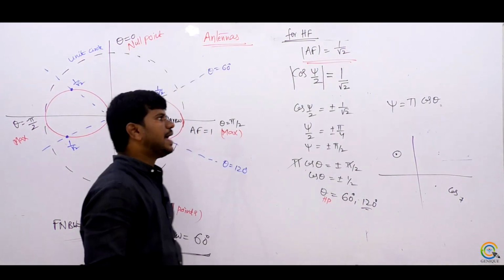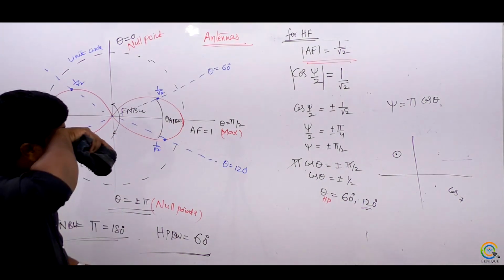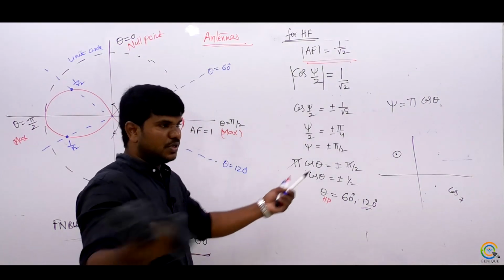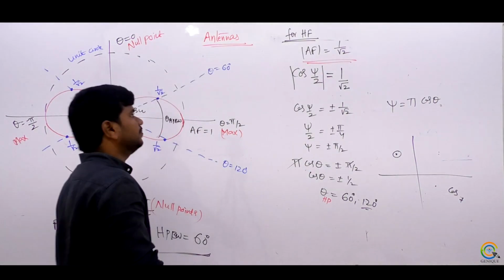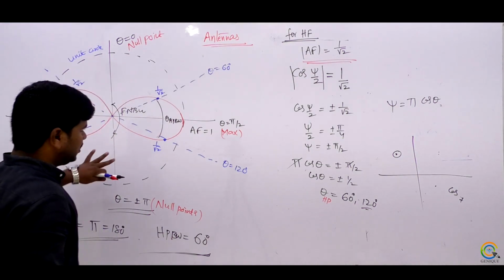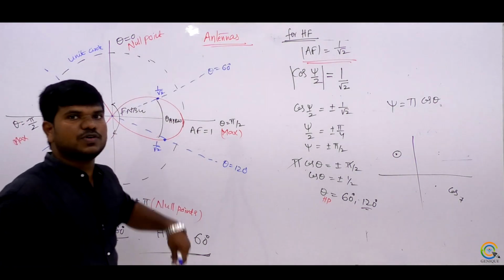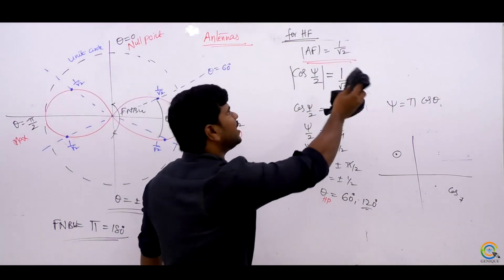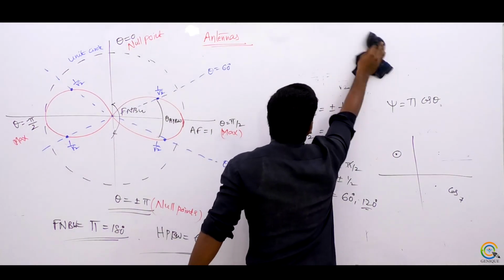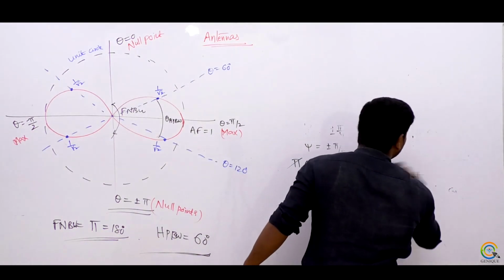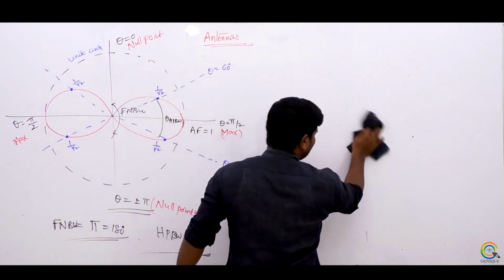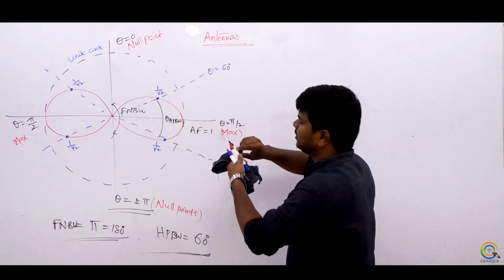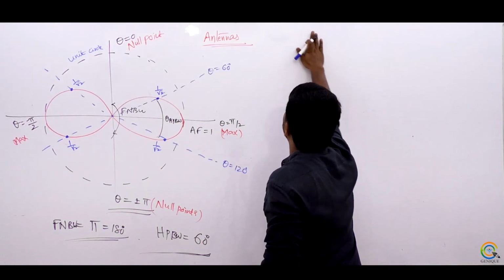The unit pattern and the array factor. The array factor is also called the group factor. What will be the radiation if the group of combinations is taken? I have designed this for n equals 2 elements. Suppose I take n elements, then the array factor will change. Suppose I take some n elements, then the array factor for n elements